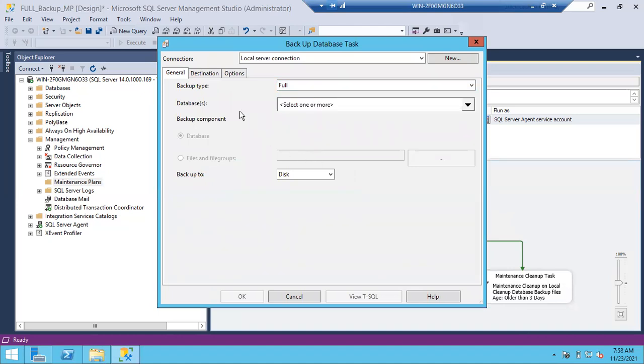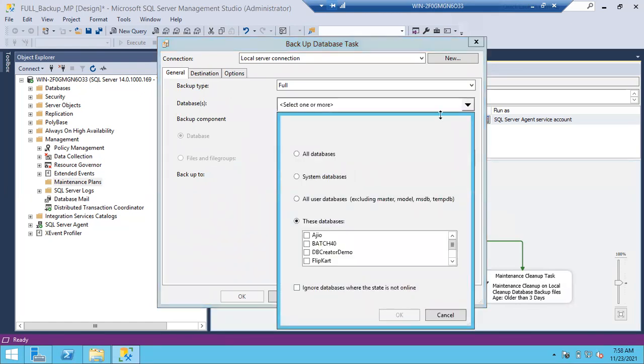Okay, fine. What are the databases you want to take? You can just click on this option. All databases, including system databases, it will take the backup. Only system databases, it will take the backup of what all the databases, guys? If you choose only system databases, Master, model, MSDB, what and all backups will it take?